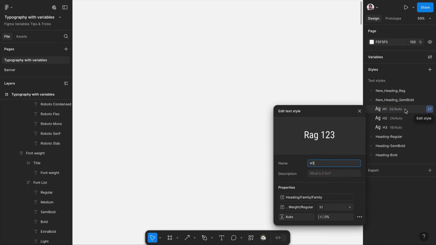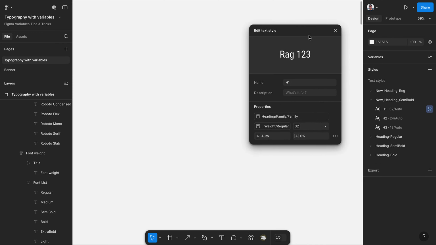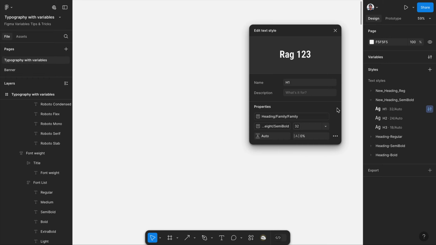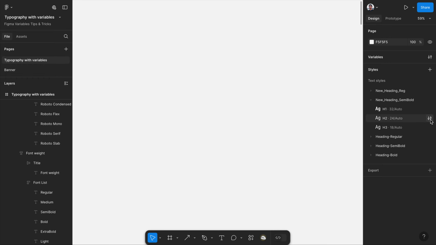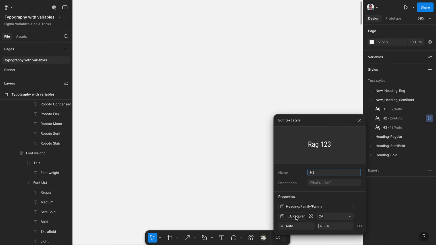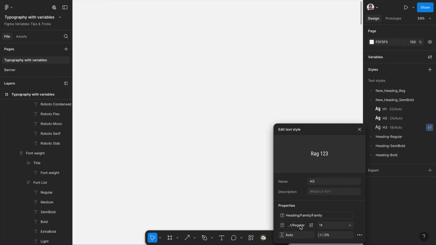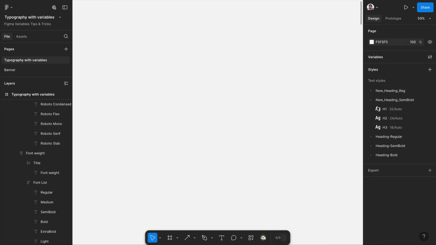So edit a style. This is the semi-bold, we just need to change this. Here you will get this semi-bold, select, and the remaining I think everything is the same. So H2, here I'm changing this to semi-bold, and here H3 weight semi-bold. So this is done, and the same way